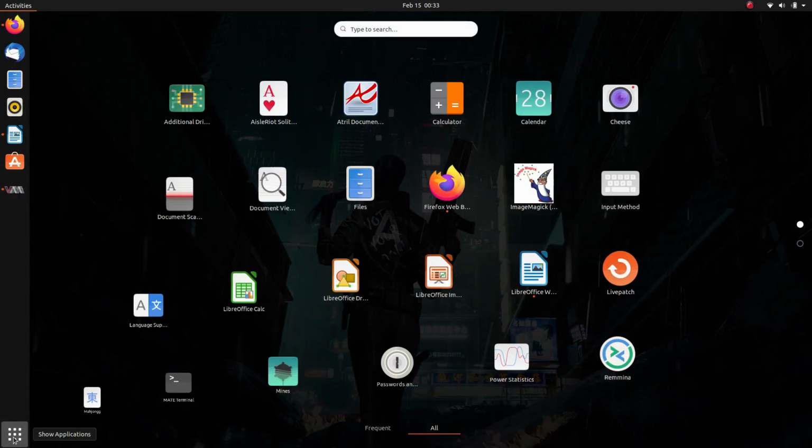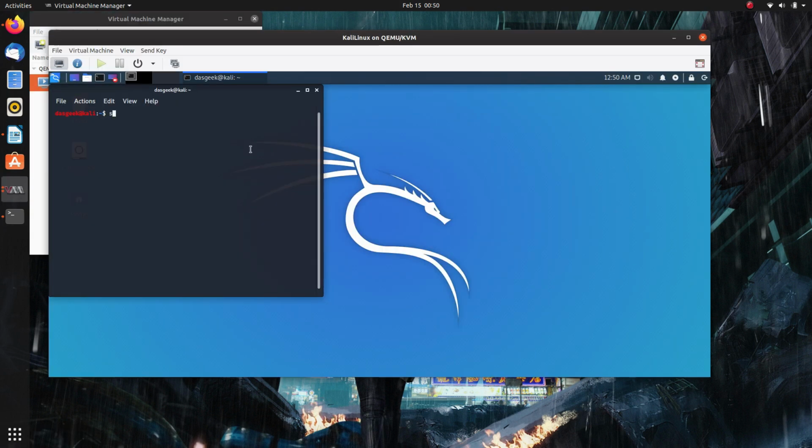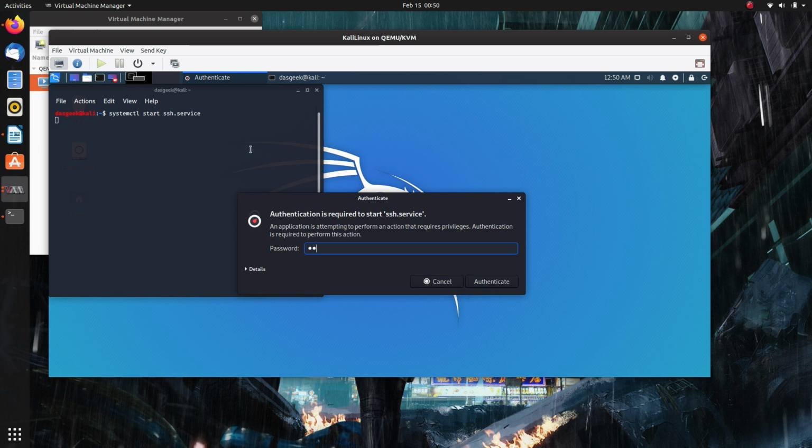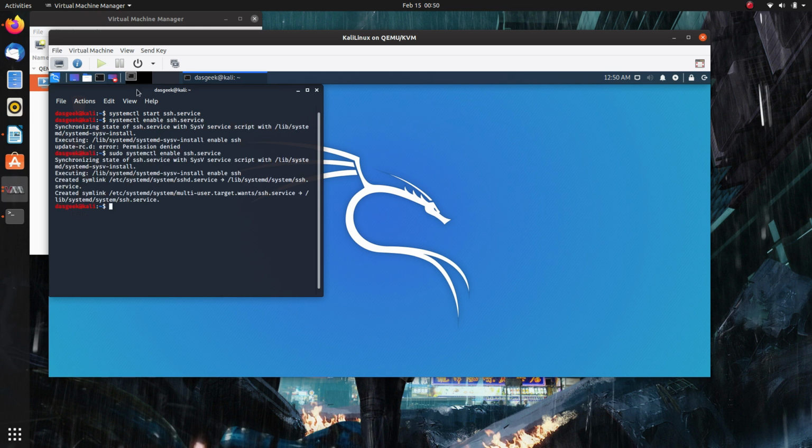So I'm copying that IP address there, and I'm just going to show you if we don't do any settings at all, and I'm on my host machine and I want to SSH into that virtual machine, and I hit enter, connection refused, port 22. And that's because we need to turn on some services here. So we're going to enable the ssh.service. We're going to start it first, and then we're going to enable it. And this will allow us to SSH right into our virtual machine, which I will show you here now once we switch back to our host